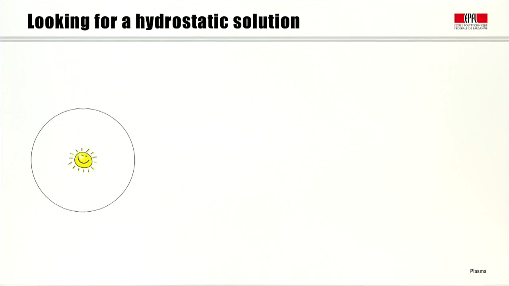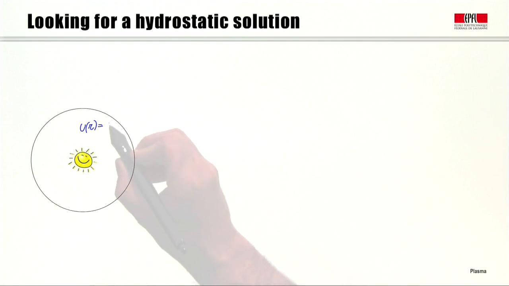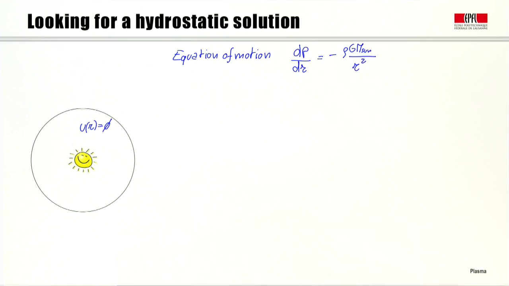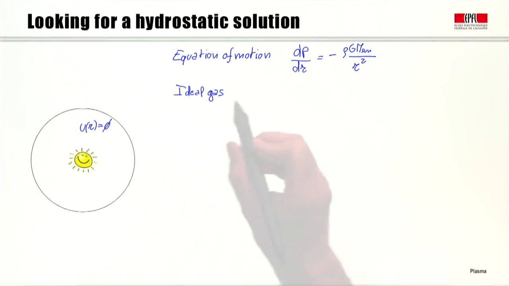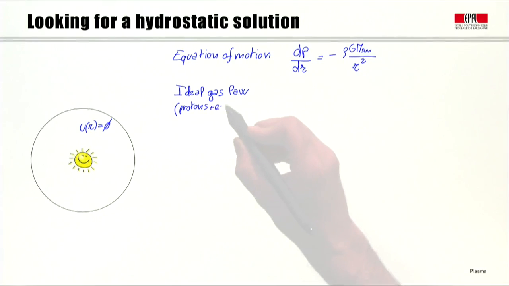Let's now look for a hydrostatic solution by making the hypothesis that the wind has 0 velocity. By dropping the radial velocity in the previous equation, we can write the equation of motion. We can then assume that we can treat the plasma in the solar wind as an ideal gas, and therefore